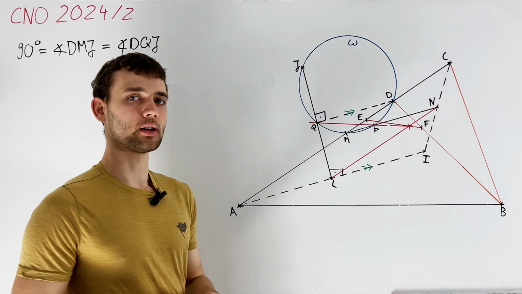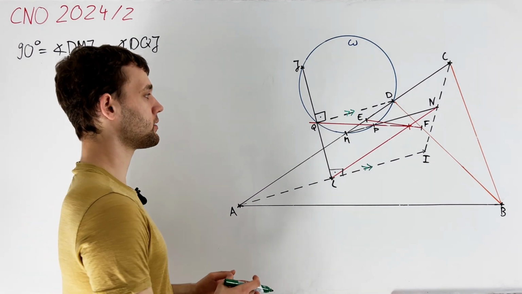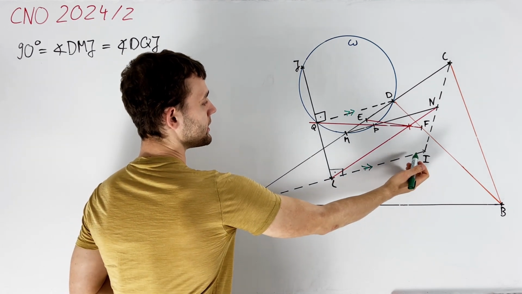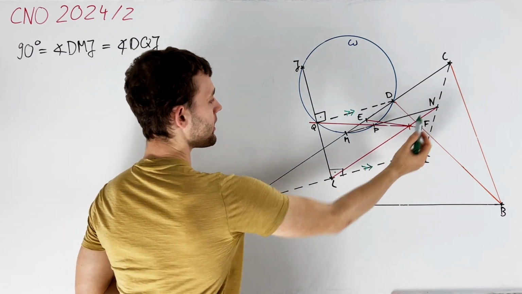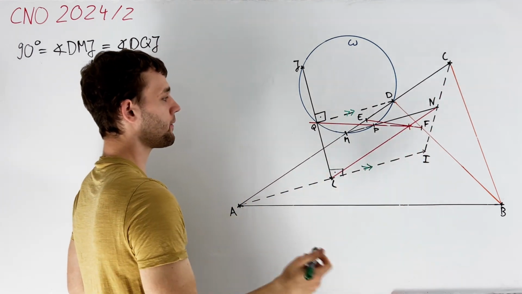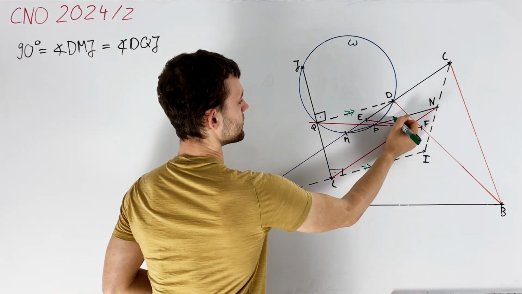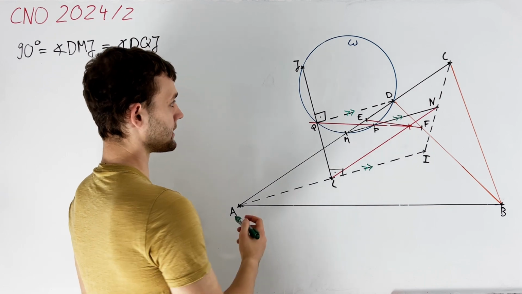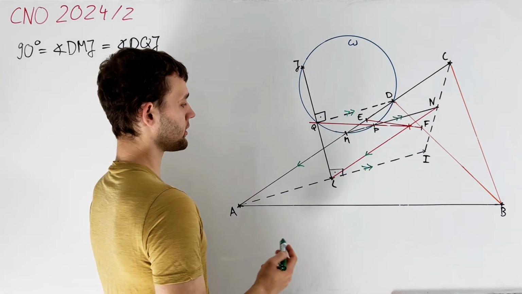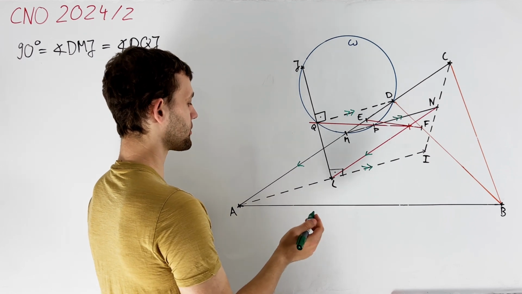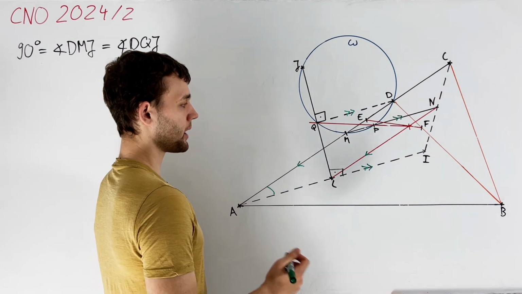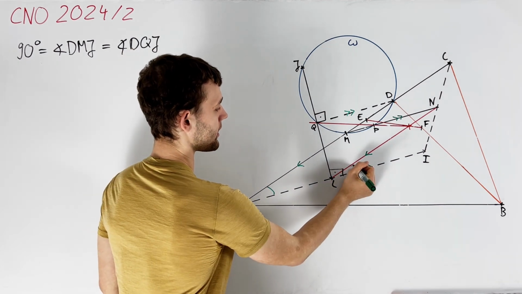In particular, we have found a second line, namely DQ, which is orthogonal to line JL. We have many more parallel lines, so let's draw them in and try to see if we can do any angle chasing. First of all, looking at line AI, we see that points M and N are the midpoints of AC and IC, and therefore AI is also parallel to MN. Similarly, lines AC and LN are parallel. Looking at pairs of marked lines, we see that the angle between them is IAC, which is BAC over 2, and we find the same angle at ILN,